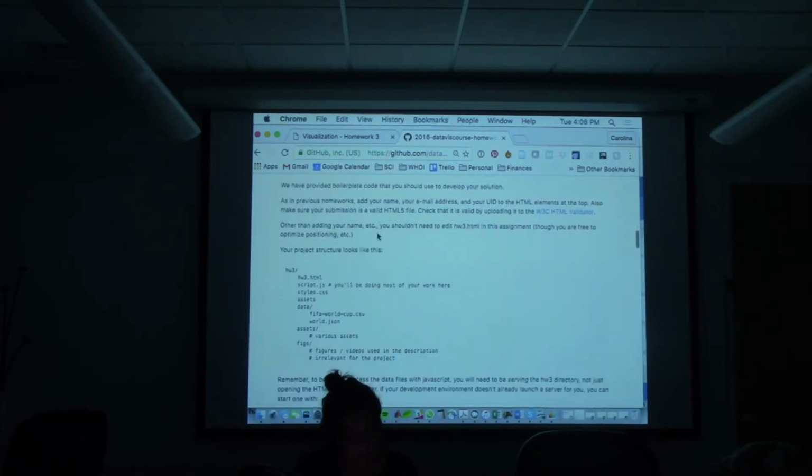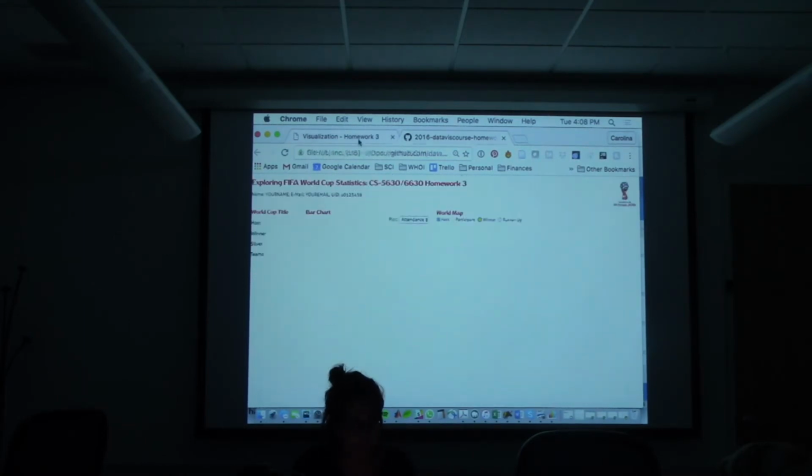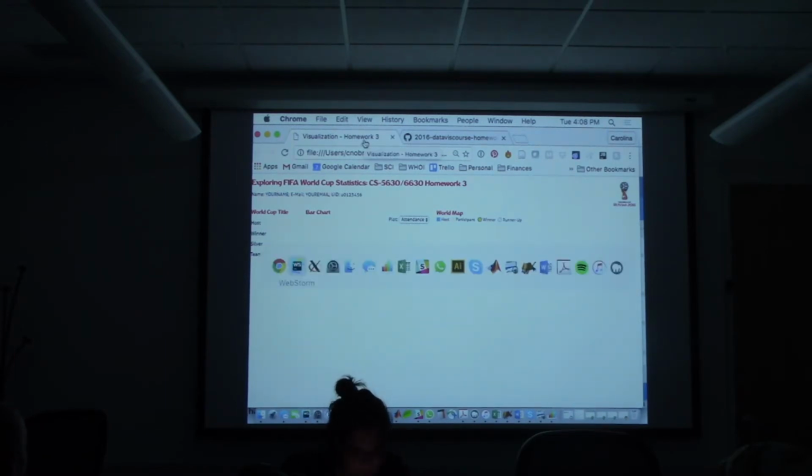We're going to go through each one of them. So this is what we give you. We give you the HTML. This is what the HTML looks like if you only open that HTML file. So we give you a title. Like in the other homeworks, you go in and replace your name, your email, your UID here. Now if we look at what that HTML looks like,